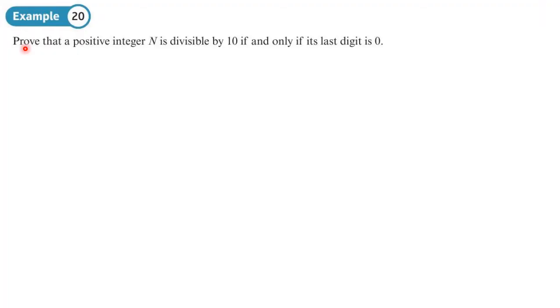Okay, so this question says prove that a positive integer n is divisible by 10 if and only if the last digit is 0. So there's a couple of things to point out here. If it says divisible by 10, then we know that we're dealing with mod 10. And this if and only if statement here, that's easy to miss. That means that we need to prove the statement both ways. Now, what statements have we got? Well, the statement we've got is